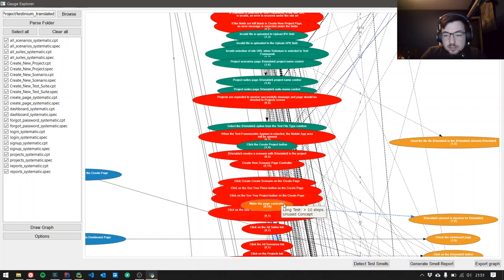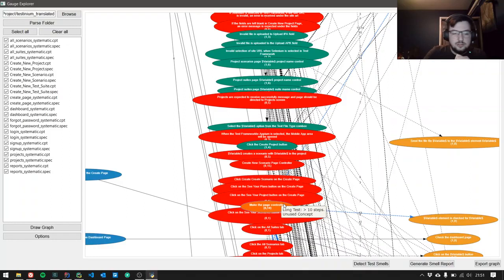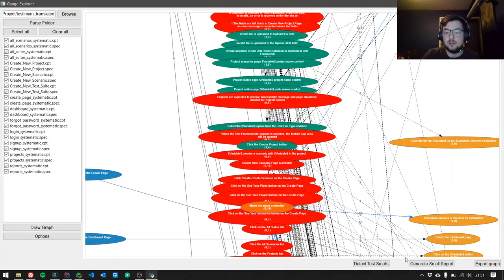Yeah, so this one that has over 10 steps is also an unused concept. So as you can see there, while this is a good view to give you an overall sort of health of your test suite, it can be a bit difficult to pinpoint where things are. That's why we have this generate smell report button,